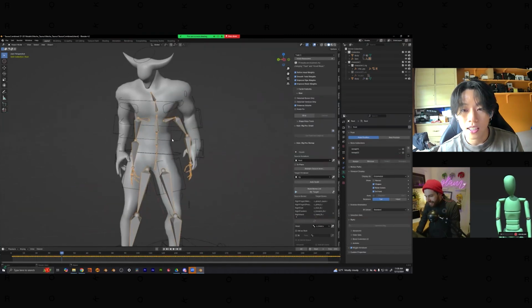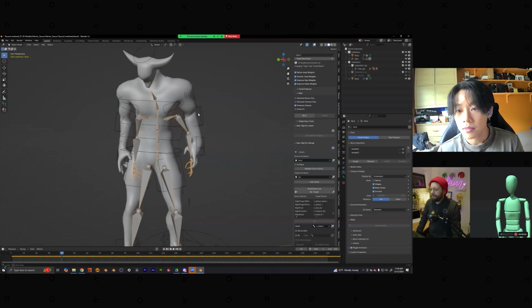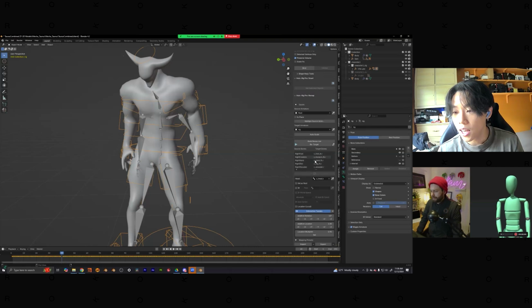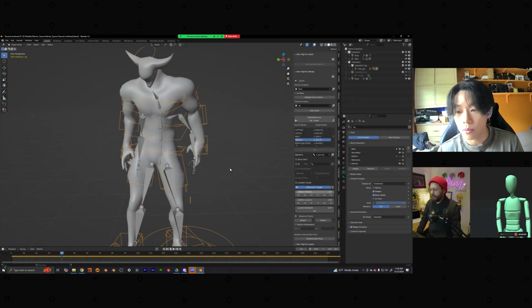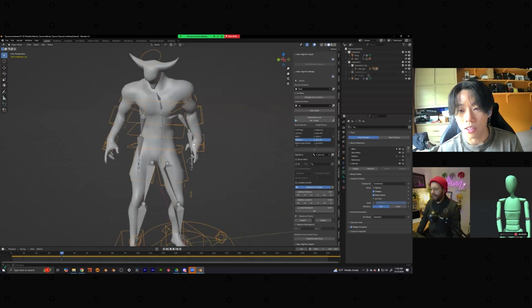And usually for characters, the arms are really close together. So with AutoRig Pro, you can go into interactive tweaks. And if you click the bone you want to tweak, so it's usually the upper arm, and then you can just change the rotation and have them spaced out a little bit more. So I'll usually do that for the right arm and the left arm, just to make sure there are no intersections, or minimize as many intersections as we can,